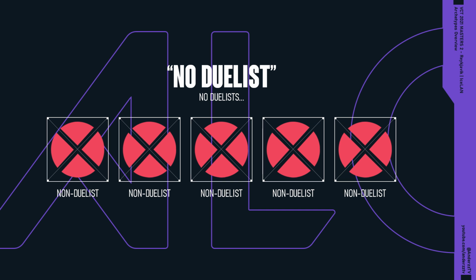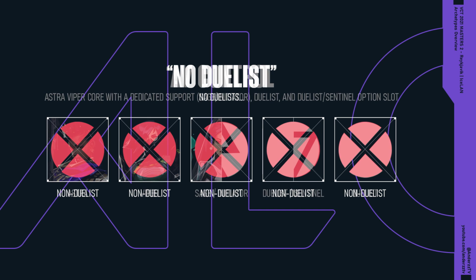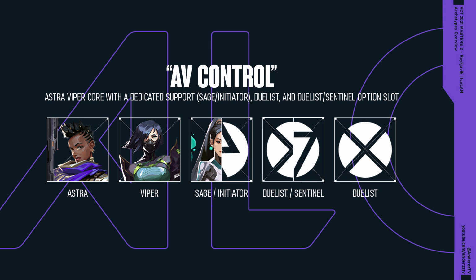Nonetheless, it's a necessary part of the blend to make the distinctions we want between archetypes. Finally, we've got the last one, which is probably the one that's gotten the most conversation leading into Iceland, and that is Astra Viper Control. Compositionally, it's a little tricky because the only real set elements are the Astra Viper and single duelist, but there